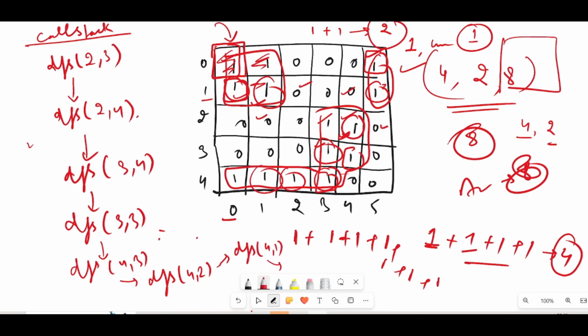Let's move to cell 4 0 and count it as 1. Okay, and from this cell which is 4 0 I cannot move to any of the neighboring cells which contain 1, because we do not have any cell remaining which contains 1. So we can see that 1 plus 1 is 2, plus 1 is 3, plus 1 is 4, plus 1 is 5, 6, 7, 8. So the size of this island is 8,